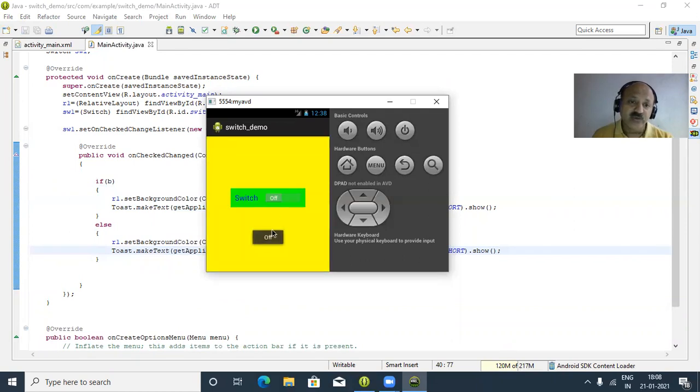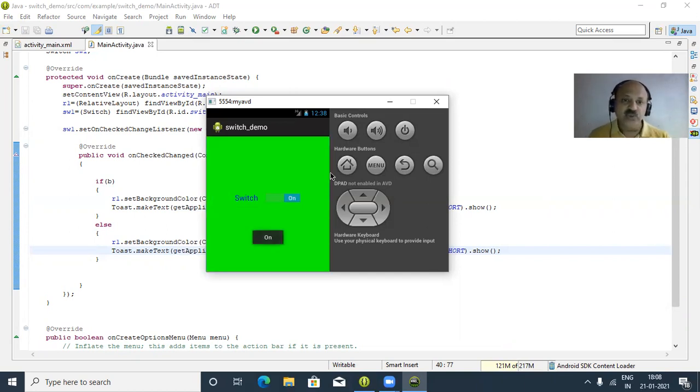Yes, and you can also use a text view for your output, but here I use the Toast class. So yes, and isChecked, if you take one if condition also, that is a possibility. So practice that yourself. Yes, that is also the isChecked property. So you can check whether the switch is on or off.